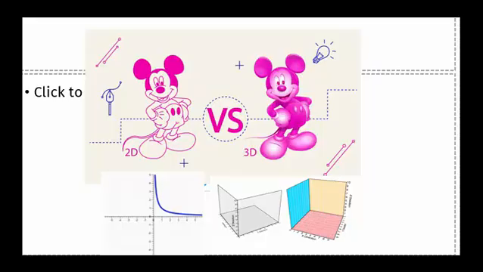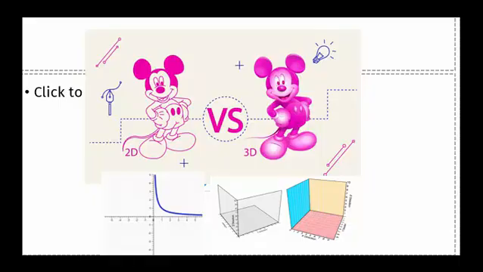Okay, so on the right, we have 3D graphics. They have width, height, and depth, which makes the object appear more realistic and gives us the impression that we can see it from different angles. For example, a 2D cartoon character may look like a flat drawing, while a 3D character can look like a real object with volume, shadows, and depth. So remember, 2D is flat, 3D has depth and volume.